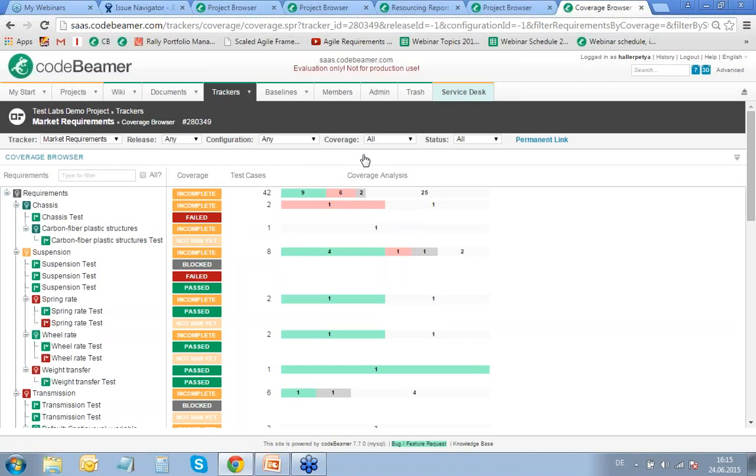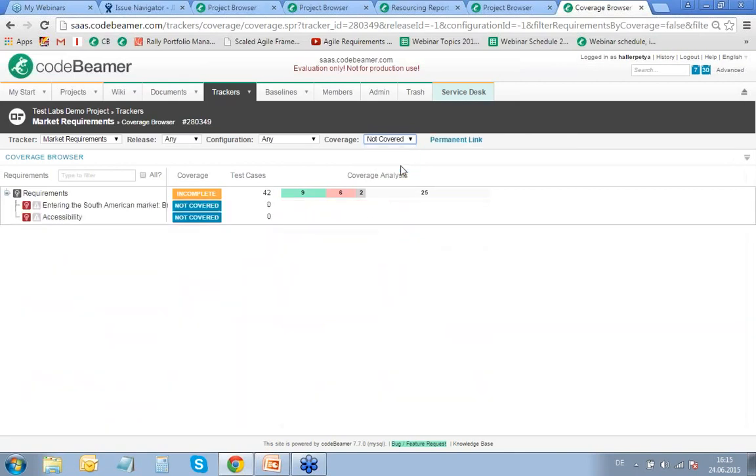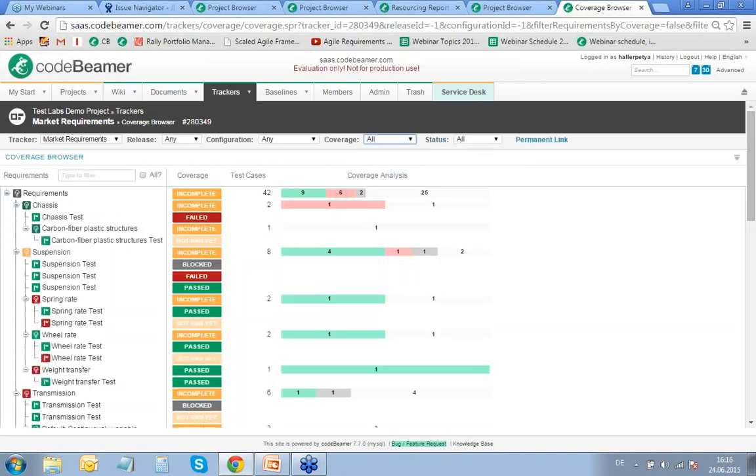But what we can see now, we can filter for the coverage itself. So we can filter only for the covered requirements. And once I click on that, there's no actual changes because most of them are covered. But once I click on the not covered ones, I can see exactly these two requirements which are not covered. So the other functionality here, once I set it back to all,